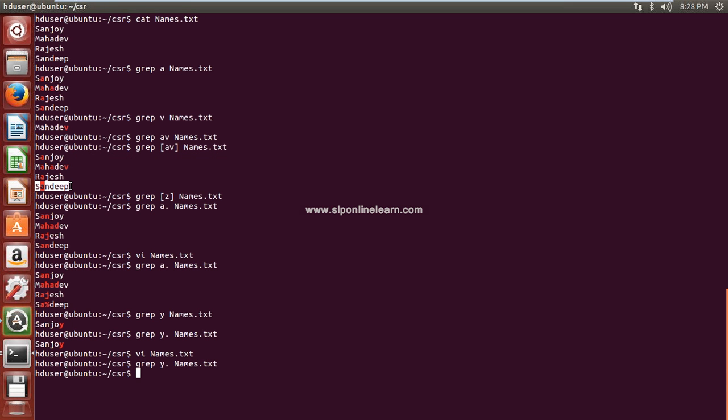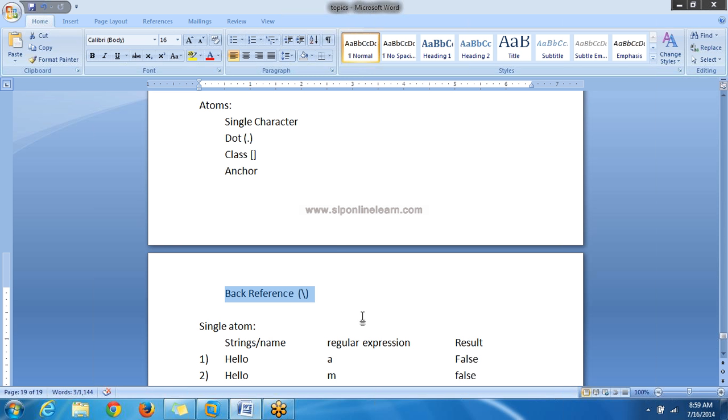Or I want all lines whose ending letter is Y, then it should return only this name. So for that we use anchors. Anchors are like atoms, but they search for the beginning character or ending character based on the anchor we specify. So we have four kinds of anchors, and those are